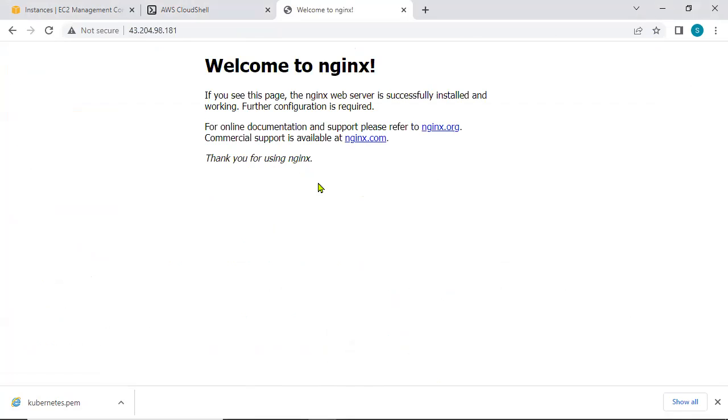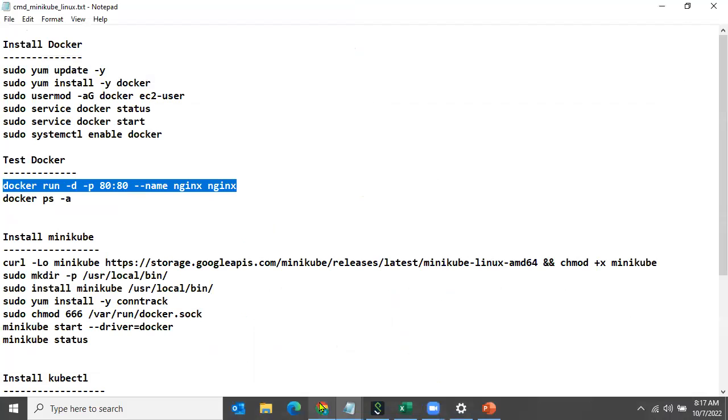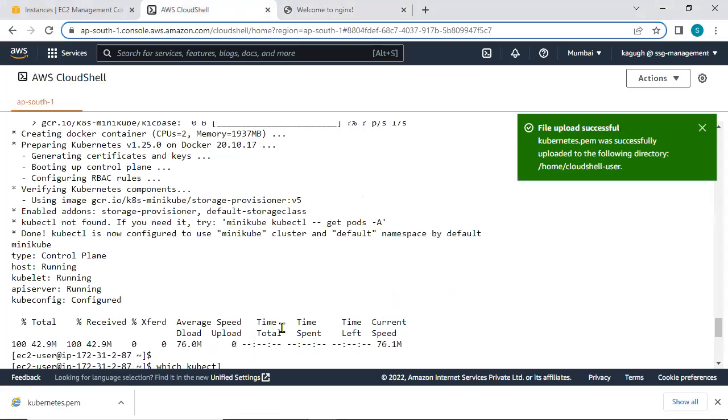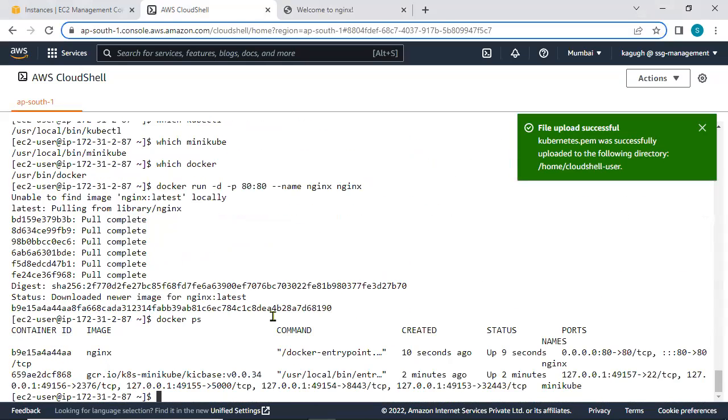Now the Docker container is not our main focus. Our main focus is Kubernetes. Now let me close this, and then let me go and